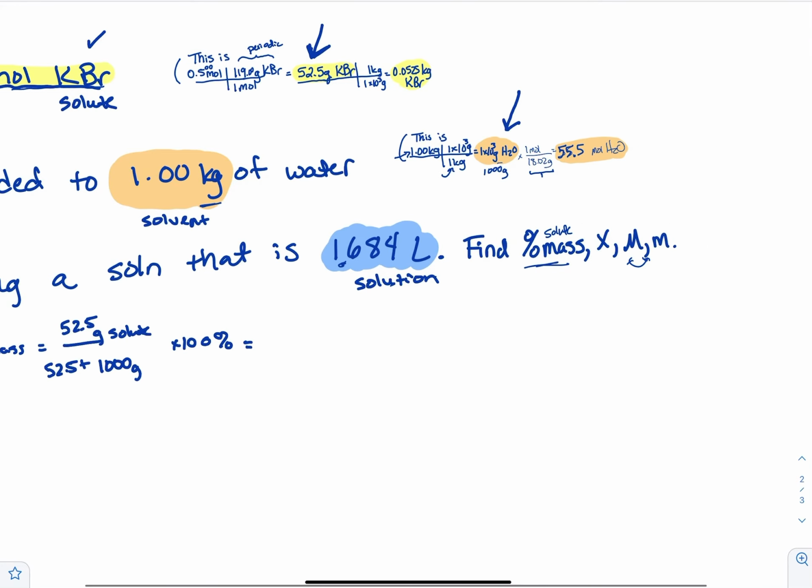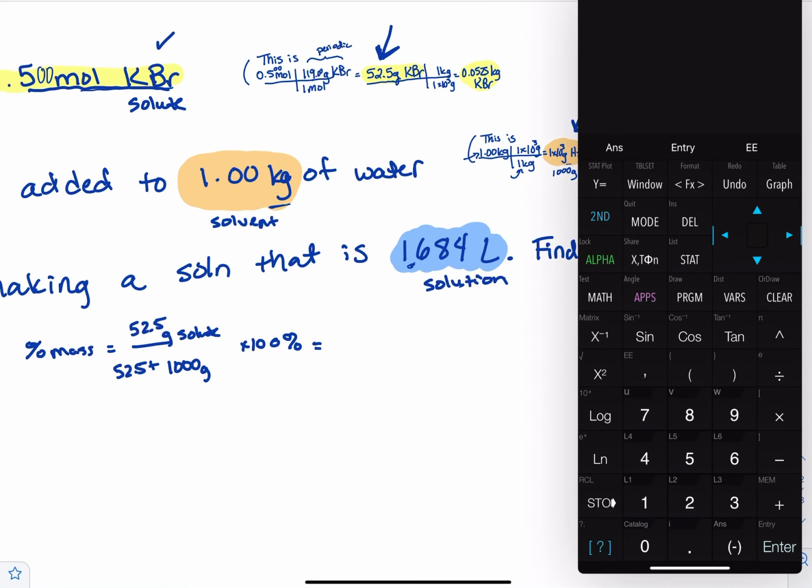And so when I put this in my calculator, I'm going to do 52.5 divided by parentheses, 52.5 plus 1,000. And that gives me 0.049. And if I'm trying to get 3 sig figs, notice that the 8 beside it will round it up so that my number turns out to be 4.99. And then the unit there is percent because my grams have canceled out. Now, I didn't multiply it times 100, did I? Don't forget the 100. That'll make it look a lot more like a percent. That was a fraction how I wrote it originally.